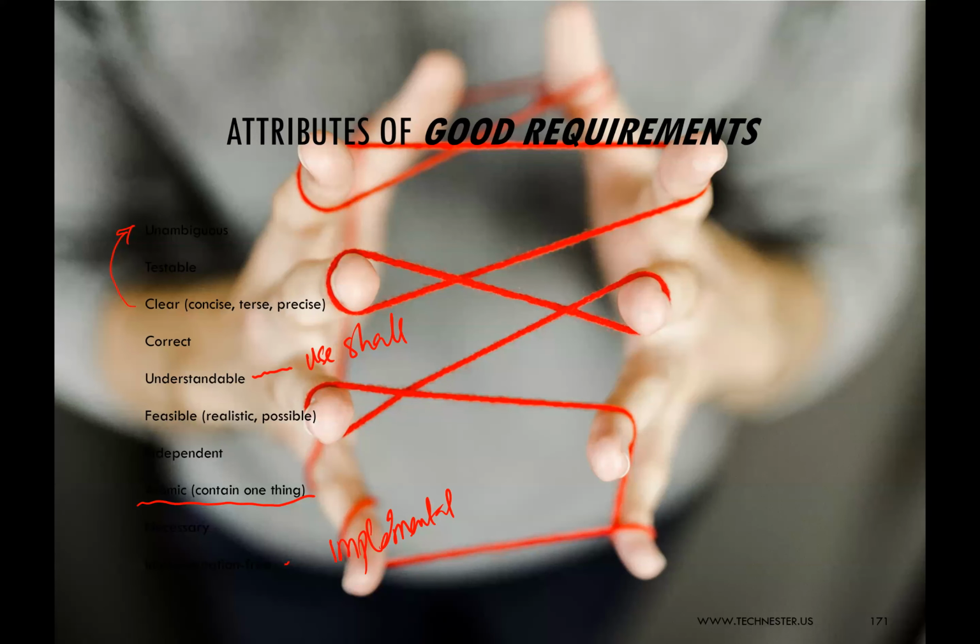Implementation. Meaning in your requirement, you shouldn't be talking about solution. Remember in strategy analysis when we discussed 5 why, that was the same thing I said, don't talk about the solution yet. Get to the root cause of the problem. Straight in your requirements too, you shouldn't be talking about solution.